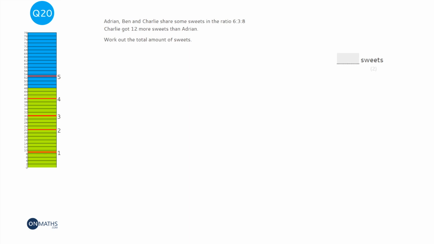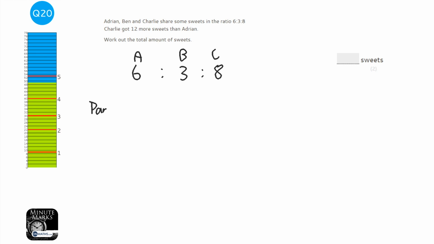Okay, so this question is a little bit more complicated than it first seems. So we've got Adrian, Ben, and Charlie, and they share some sweets in the ratio of 6 to 3 to 8. And it says that Charlie got 12 more sweets than Adrian. Well, first of all, let's have a look and see how many more parts that Charlie